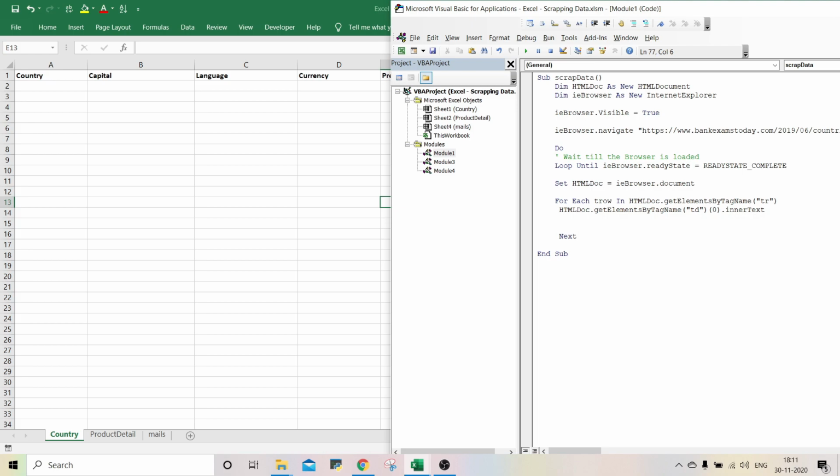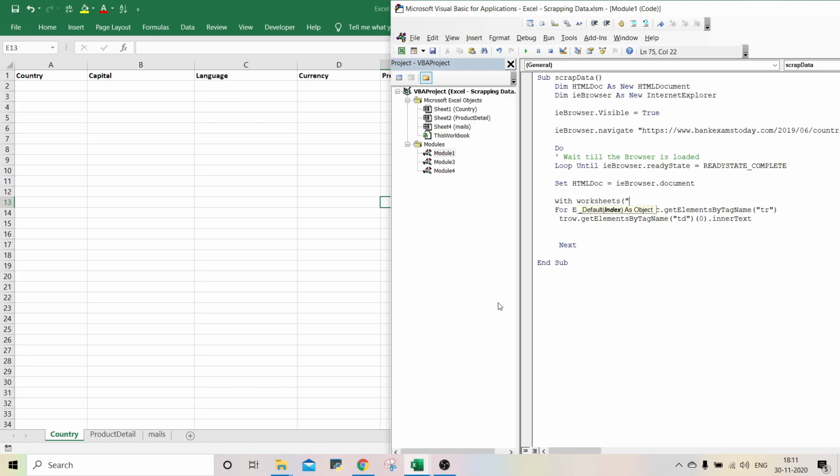Next, now instead of HTML doc, now we will use T row dot, and we will assign the value in the first column and second row. So we will use with statement with